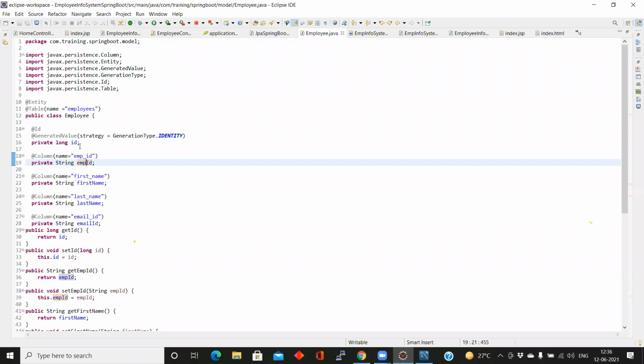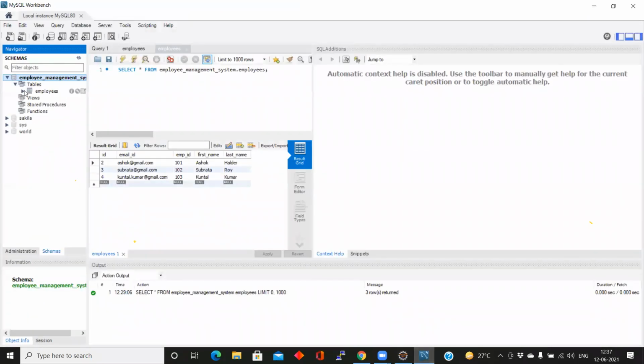This is the field name, but this will be the table column name: emp_id, first_name, last_name, email_id. This is the way you will create all the columns. These will be your column names when the table is created. Then the moment you start the Spring Boot application, Hibernate will automatically create this employee table in the backend with these fields. You will notice a table has been created, but there is no value. I added the values later, but the table is created with the columns. Is this clear to everybody?